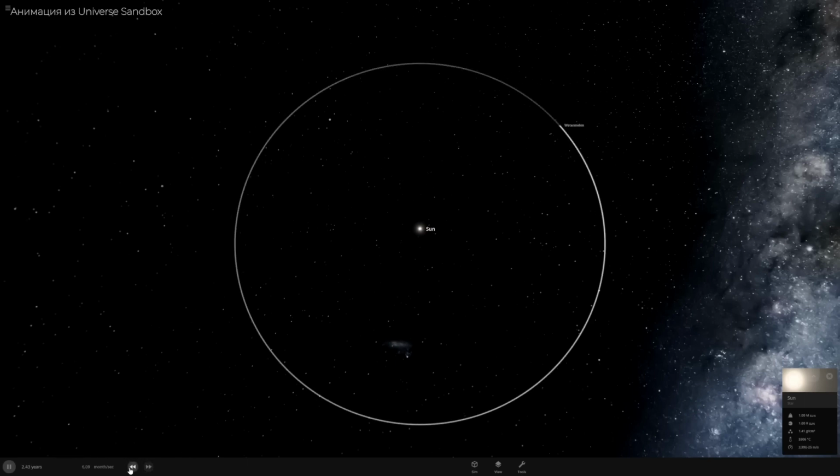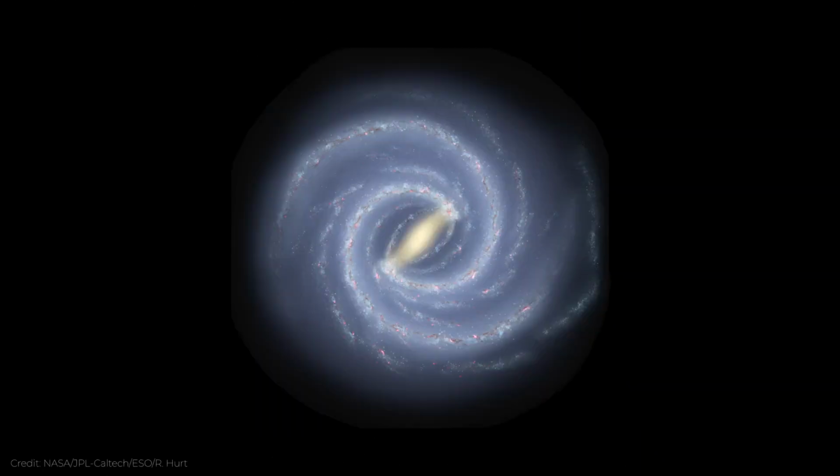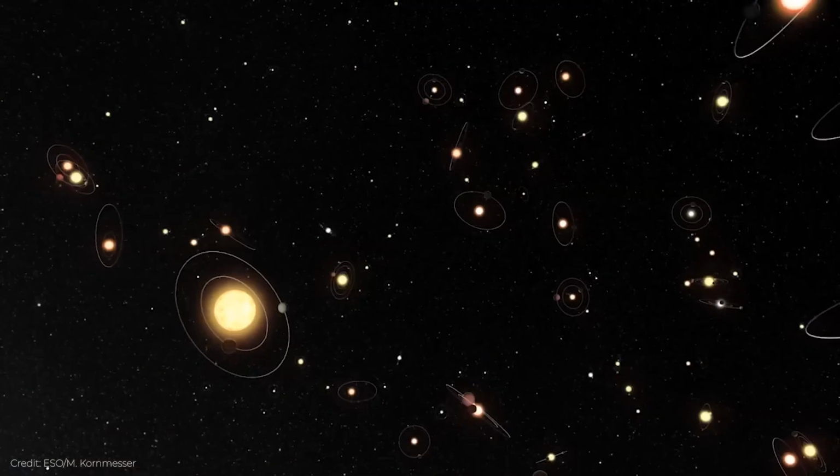and does not fall on it. That is, again, I remind you that we are still looking at the question naively. One might think that in order for the planets to be in a 2-to-1 resonance, they just have to form at the right distance. Let's say one is such that its orbital period is 100 days, and for the second one 200 days. And considering that there are hundreds of billions of stars in our galaxy alone, and hence